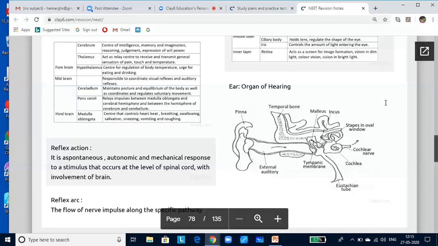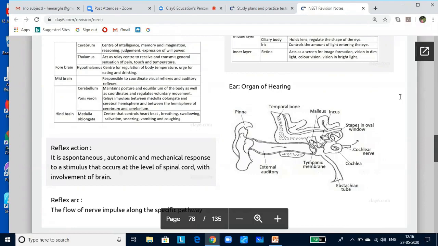Now, the mechanism of hearing. The external ear receives sound waves and directs them to the eardrum. The eardrum vibrates in response to the sound waves and the vibrations are transmitted through the ear ossicles to the oval window. The vibrations are then passed through the oval window to the fluid of the cochlea where they generate waves in the lymph. These waves generate ripples in the basilar membrane. As a result, nerve impulses are generated in the associated afferent neurons. These impulses are transmitted by the afferent fibers via auditory nerves to the auditory cortex of the brain, where the impulses are analyzed and the sound is recognized.